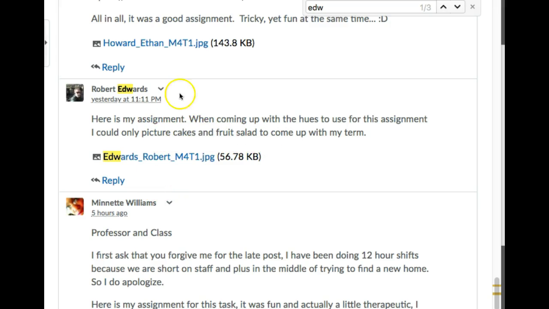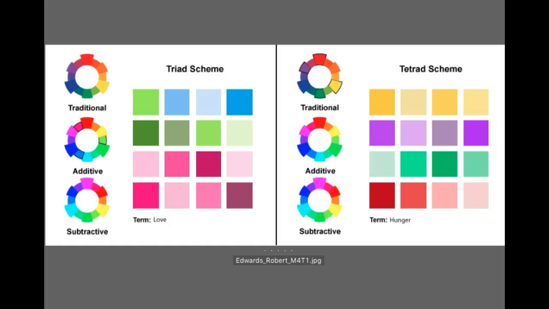Cakes and fruit salad, that's great inspiration. I think there's a lot in those as a starting point. Both of these, so you've got love and hunger. With love, this definitely conveys a sweet quality, which I think relates to your cake idea, which I think is really great. And for hunger, I think if you emphasize the reds a little bit more,